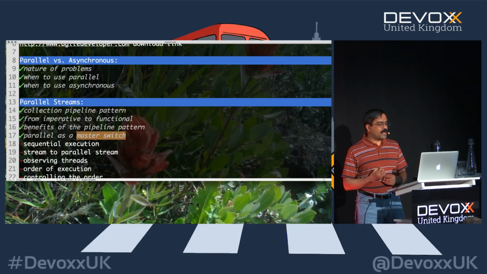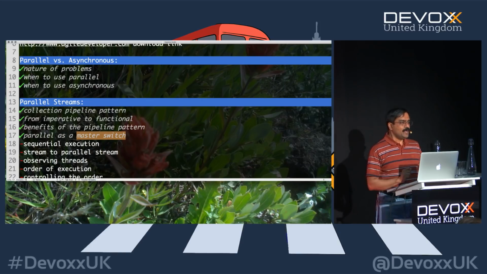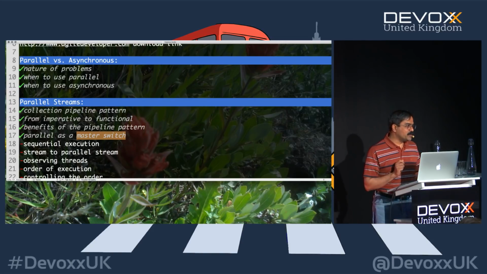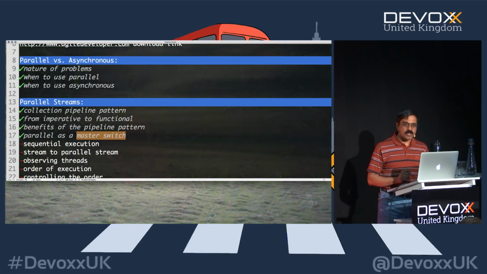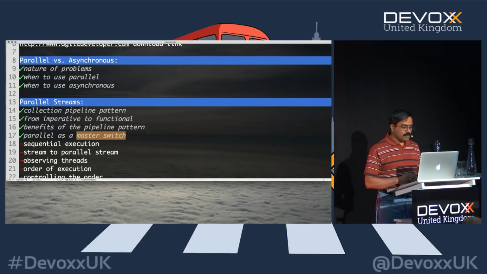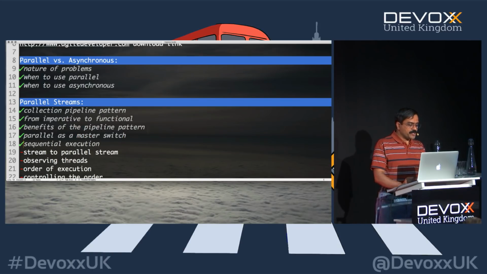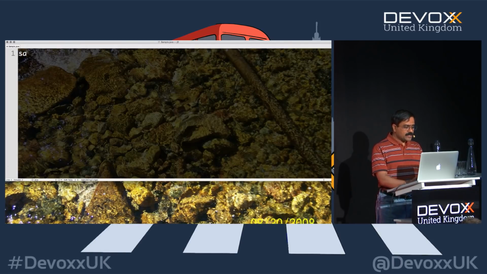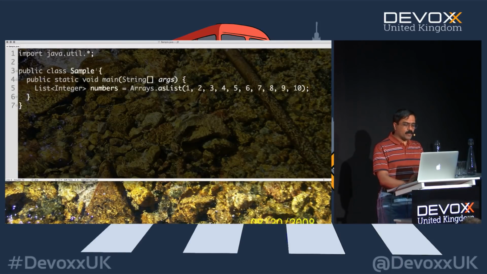It's a master switch because it is something you can flip, but the little fine print next to it is the word think, meaning make sure you really want to do this, because it's easy to turn on the switch, but you've got to bear the consequences once you turn it on. That is something for us to keep in mind. So let's talk about execution sequence, sequential versus parallel execution using streams, and see how we can actually do this. So going back to this little example, let's say a list of numbers one more time.